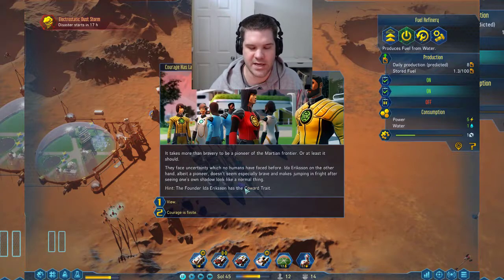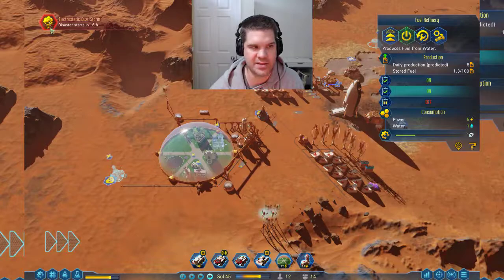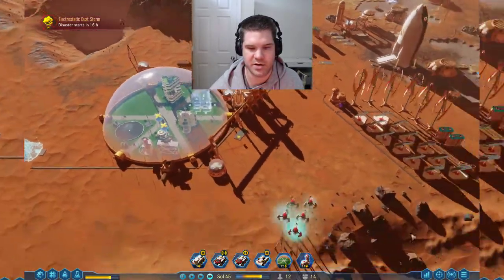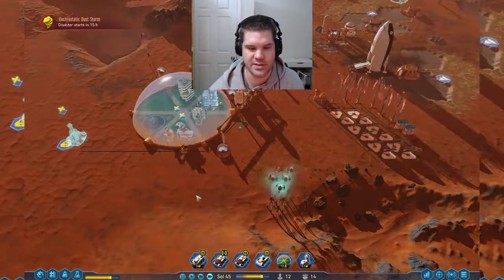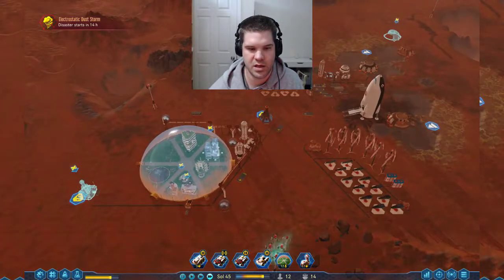Okay, so her sanity breakdown caused her to gain the coward trait. Usually that's fine, but I'm thinking since we've already had a couple dust storms and we got another one coming up and a meteor shower, cowards lose sanity during disasters, so hopefully...